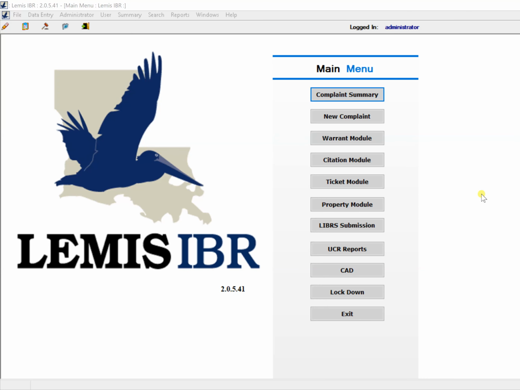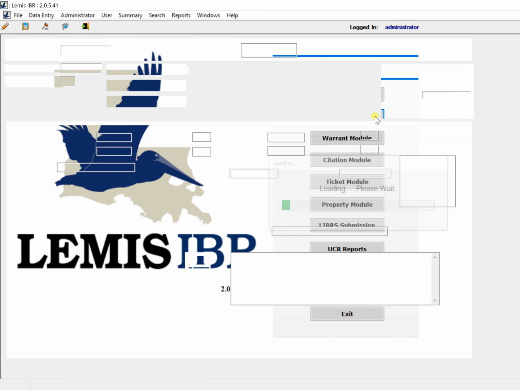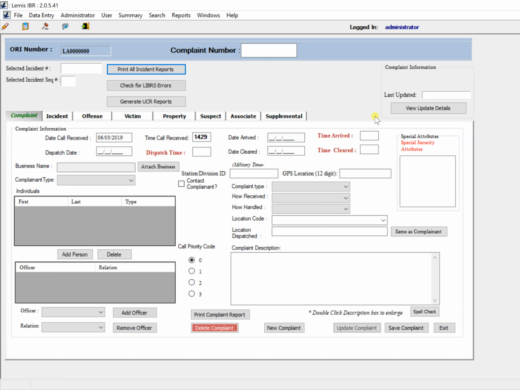How to add a new complaint. From the main menu page, click the New Complaint button, which will load the complaint screen. For this example, we will manually be entering a complaint number, but we encourage that an administrator have the complaint